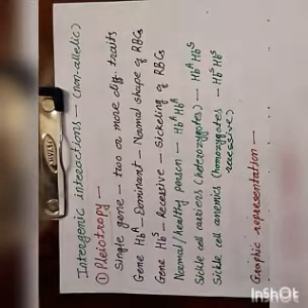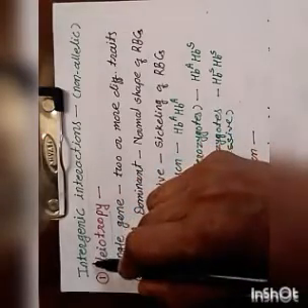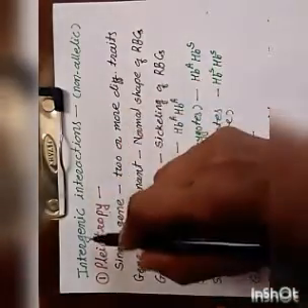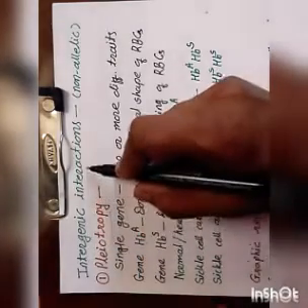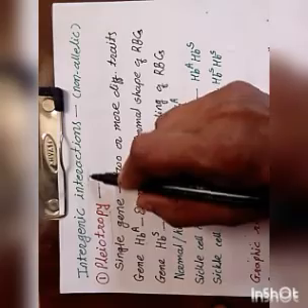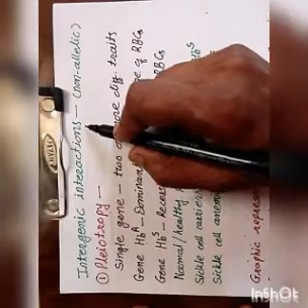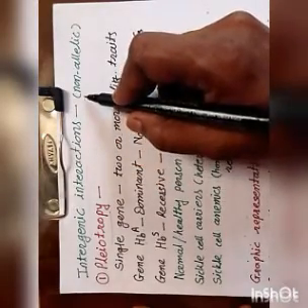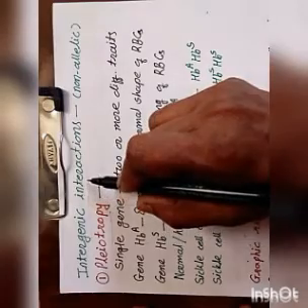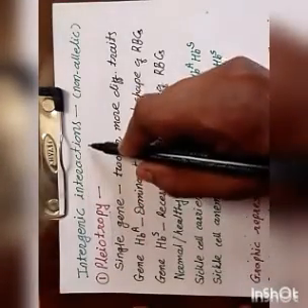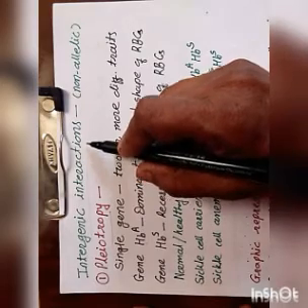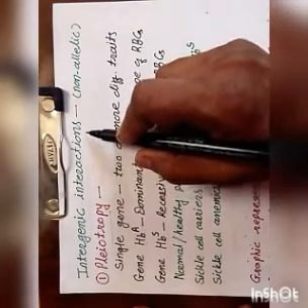In the previous lecture, we studied the intragenic interactions which occur between the alleles of the same gene. Today, we are going to learn about the intergenic interactions. These intergenic interactions are carried out between the alleles of different genes, and these different genes may be located on the same chromosome or on different chromosomes. Means the genes responsible for the intergenic interactions may be present on the same chromosome or different chromosomes.